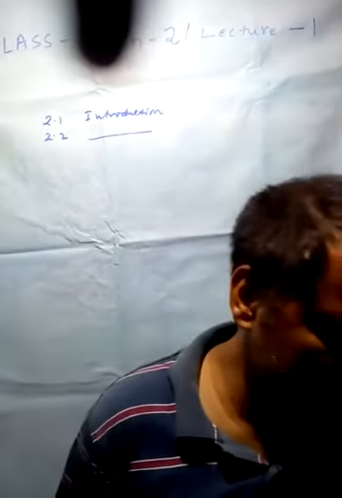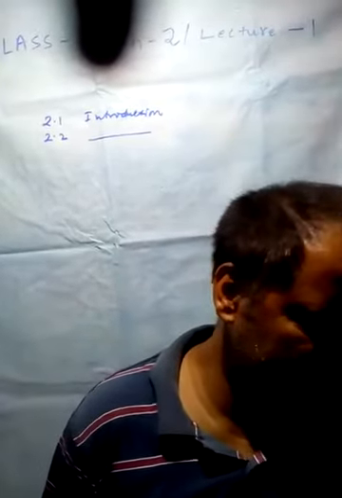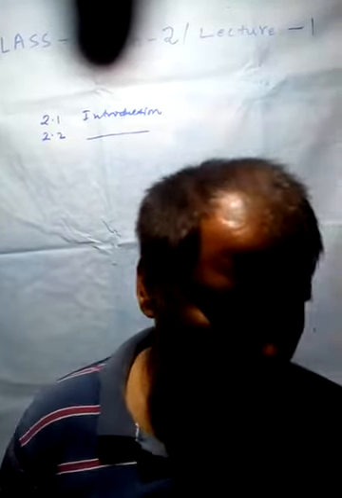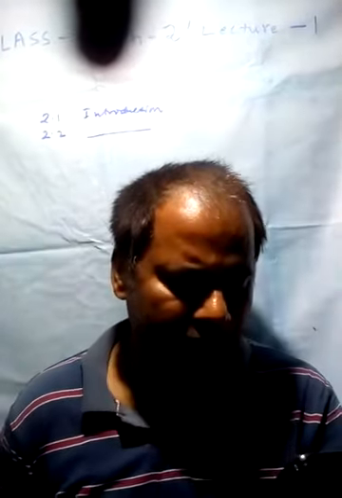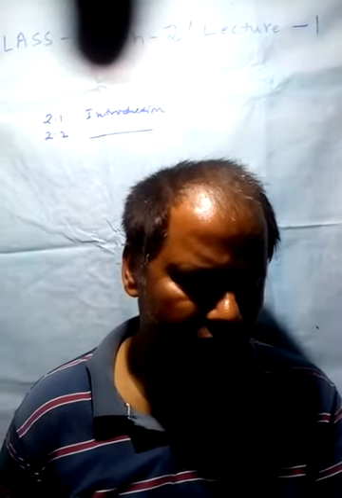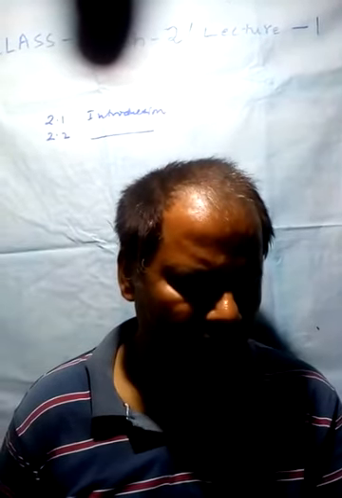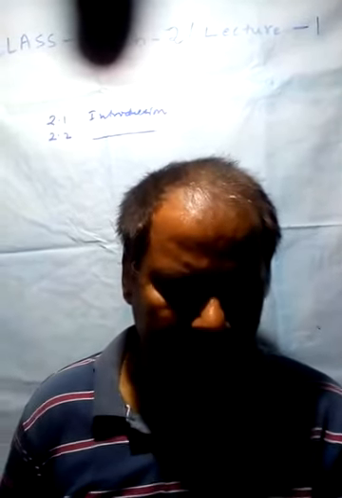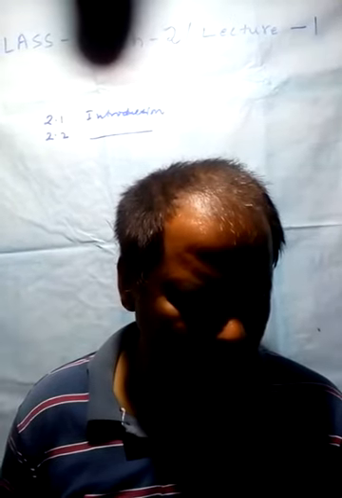Can you write 5 examples each of proper, improper, and mixed fractions? Example number 1. Write 5 equivalent fractions of 3 by 5. Solution. One of the equivalent fractions of 3 by 5 is